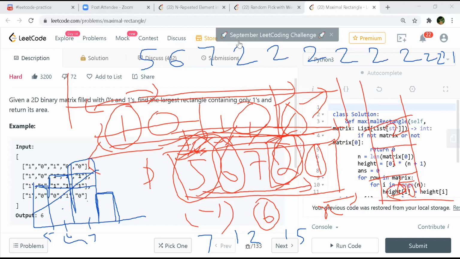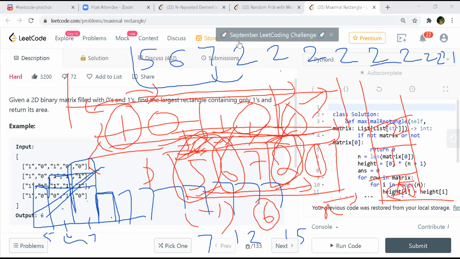So when you come to 2, all these 5, 6, 7 have gone. So you have 1, 2 inside. But now this second 2 is not greater than this one, right? So you're just pushing them all. You push all of these 8 twos, and you don't do anything now.